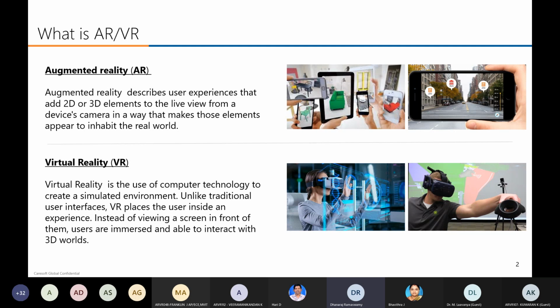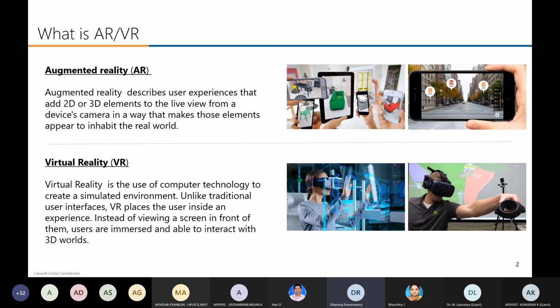So with a 360-degree video, or if you want to explore any 3D model, we have to explore it in front of the camera. Even though it is 3D, you can see the data only on the monitor. But in virtual reality, you can immerse yourself, so you can feel that you are in the virtual world. You can interact and you can watch a movie in virtual reality. I hope everybody understands what virtual reality and augmented reality are.